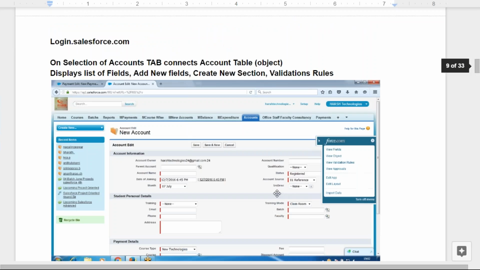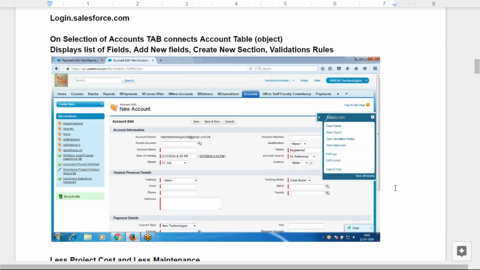Once you create a Salesforce ID, you can access the standard screens. It has a number of standard screens, standard web pages, and standard tabs. When you click each tab, it contains standard fields. I'll show these fields to the client. These are the standard fields in the account table, lead table, marketing, sales, service, and the different standard tables and web pages. I'll ask the client which table they want.